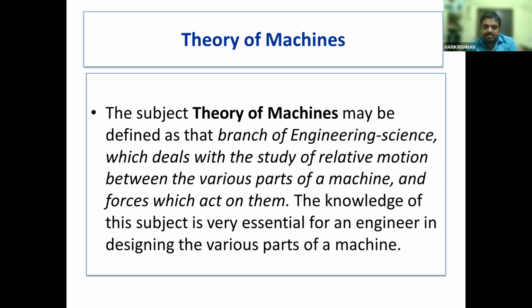The subject theory of machine may be defined as the branch of engineering science which deals with the study of relative motion between the various parts of the machine and the forces which act on them. That's the specialty. The knowledge of this subject is very essential for an engineer in designing the various parts of a machine. So if you are connected with two links, for example, if two links are there,